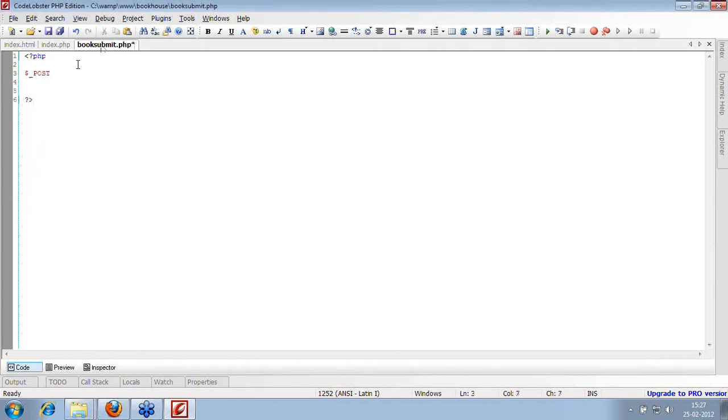This is the beauty of editors, which help you define functions or list out all the functions and syntax. Now this is a PHP-based array. When you submit any form using the post method, all the values get stored into this array. And if you are using the get method, it's simply $_GET.